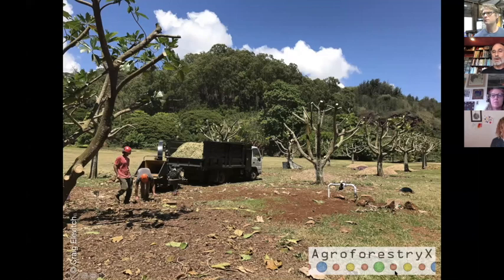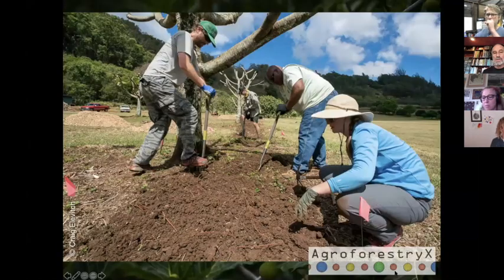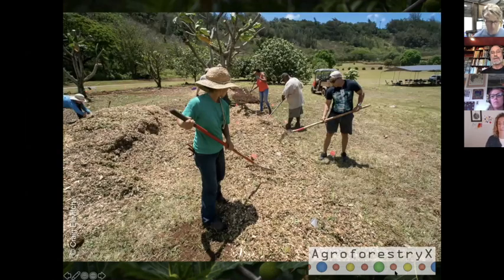And all of the organic matter, by the way, all of the prunings were chipped and fed back into the system as mulch. So we prepared our rows. These are rows right along the existing rows of breadnut trees. We did that preparation by hand because of the existing trees. We didn't want to damage their root systems too much, and we prepared very nice planting beds by digging deep through the subsoil and adding compost, nutrients, and mulch. So this is what the rows look like once they're prepared.